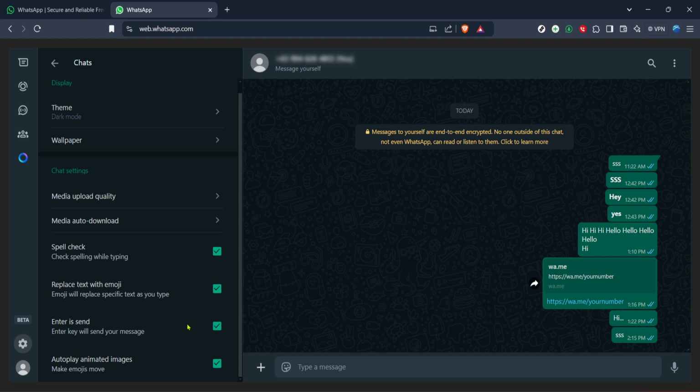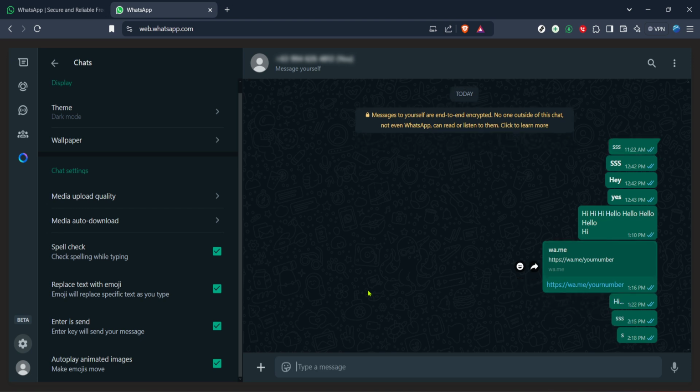By default, WhatsApp is designed to recognize the Enter key as a means to add a new line in your message. However, if you're someone who prefers streamlined communication and loves the idea of hitting Enter to instantly send your message, this is where you make that change. Upon locating the Enter is Send option, you will notice a toggle next to it. If the toggle is off, pressing Enter adds a new line. However, by clicking on this toggle and turning it on, you switch the functionality of the Enter key to immediately send your messages upon pressing Enter. It's a subtle change, but it can dramatically speed up your messaging, making conversations flow faster, especially for quick exchanges.